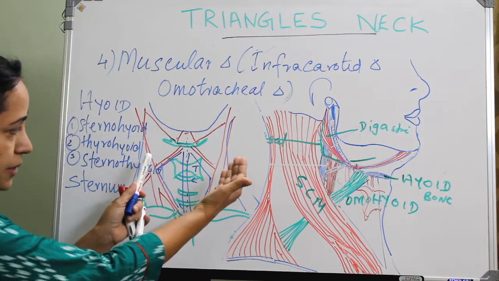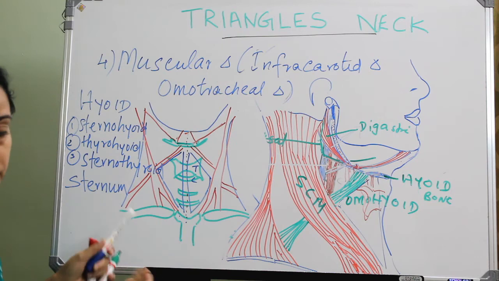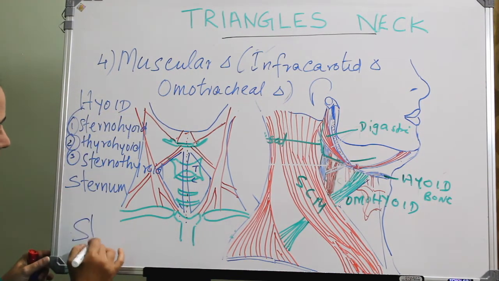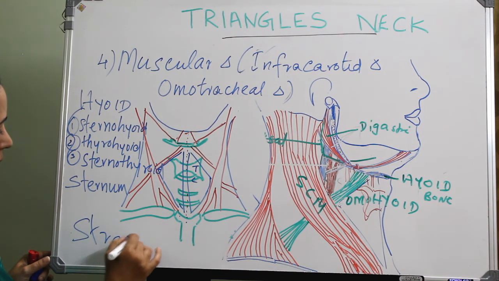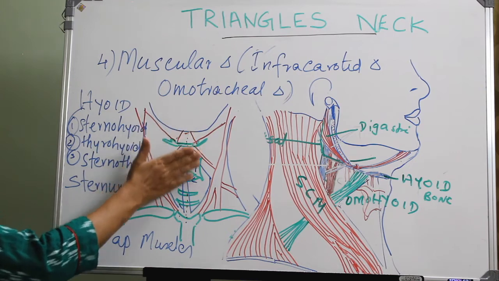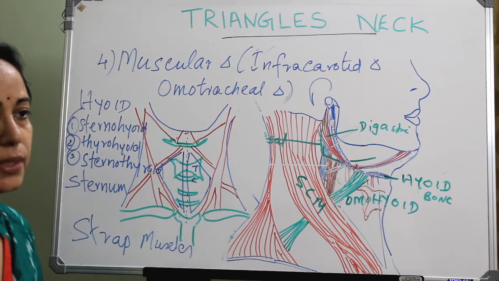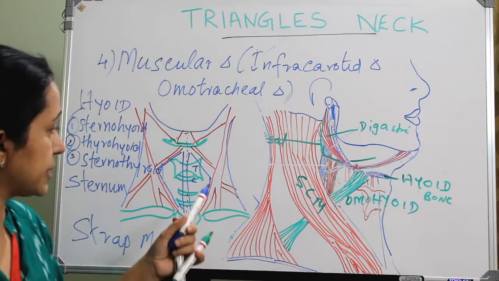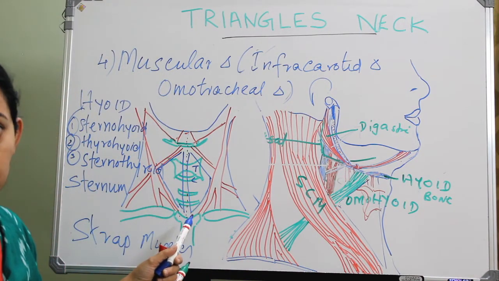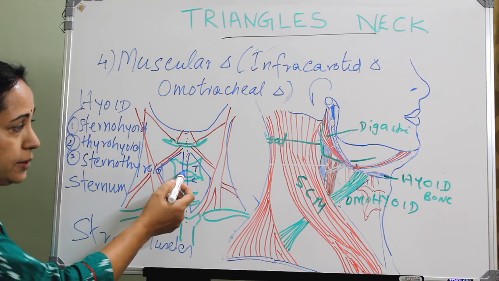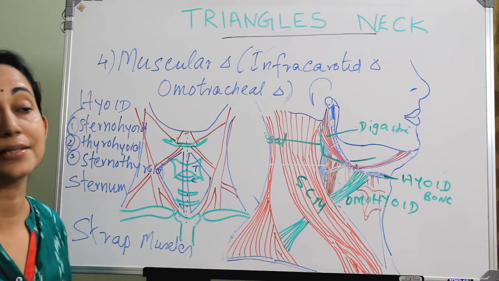Okay, so these muscles are the strap muscles. These three are the strap muscles, and these strap muscles cover the thyroid gland. So the strap muscles have to be divided or retracted in the midline, exactly in the midline, to see the thyroid gland. So the main surgeries done in this area, one is thyroidectomy and another one is tracheostomy.